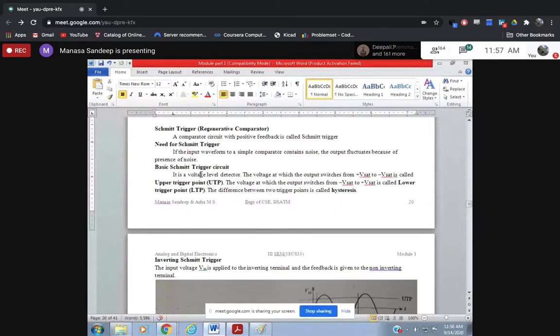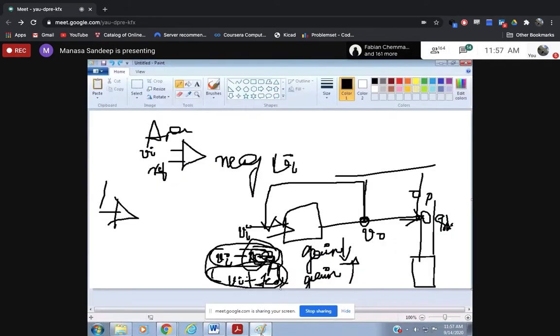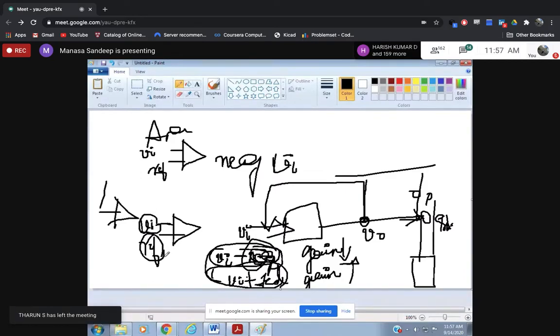So you can say the Smith trigger is a voltage level detector. Ma'am, what do you mean by this? So guys, just now I told you this comparator is going to compare two signals. It means that you have a reference voltage, correct? You have your input voltage, correct? When your input crosses above or below this reference voltage, you are notifying it with the help of the output, correct? It means that you're detecting the voltage level, correct?